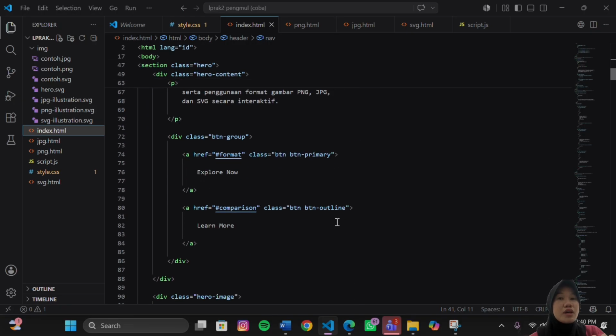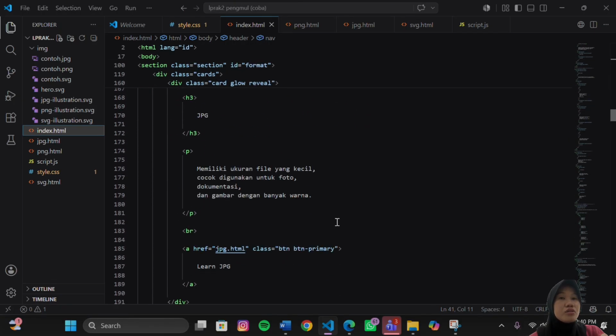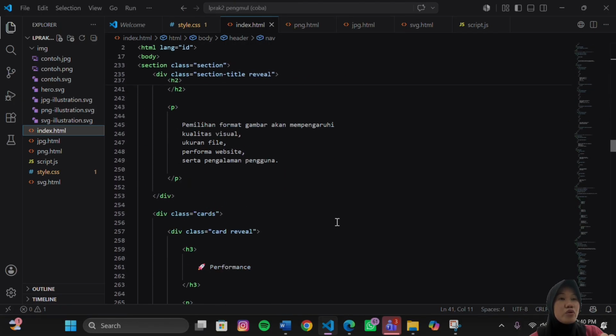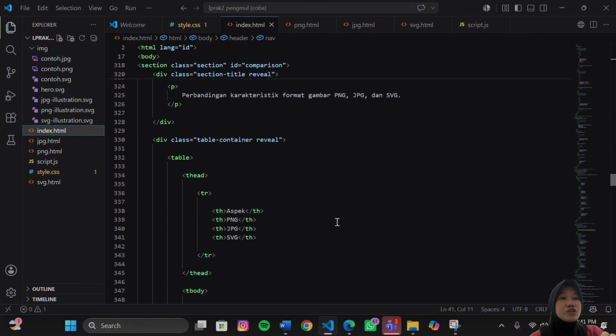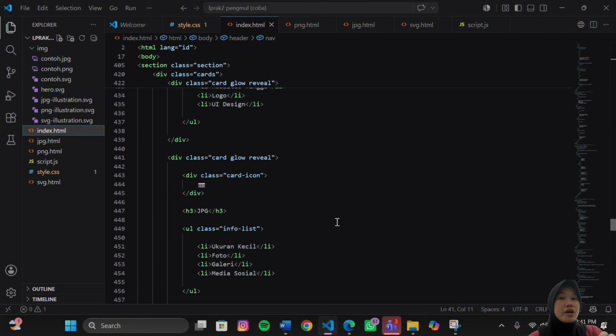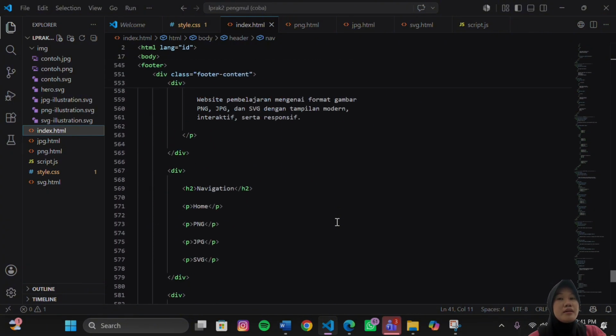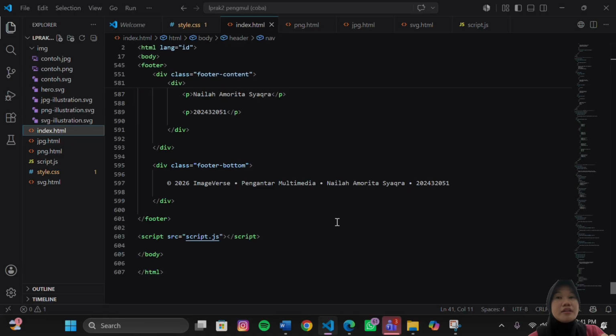And then multiple section elements are used to organize different parts of the website, such as the hero section, articles, information cards, tables, and other content. Okay, and finally, the footer contains the website identity and watermark. And by organizing the HTML into separate sections, the code becomes cleaner, easier to understand, and easier to maintain or